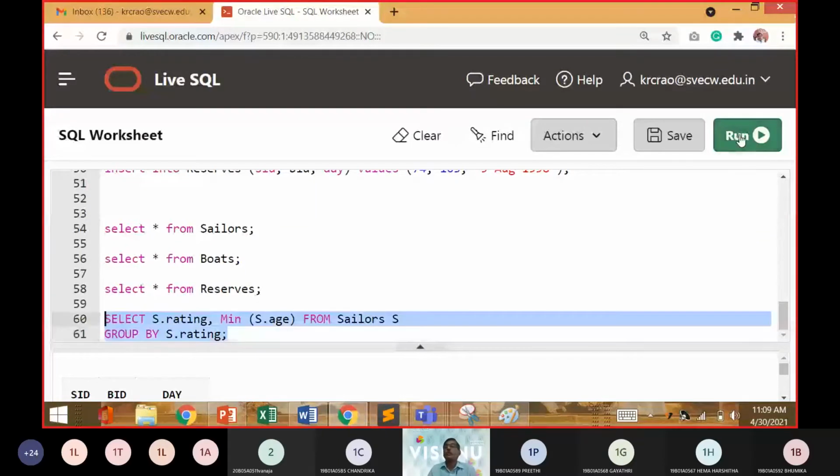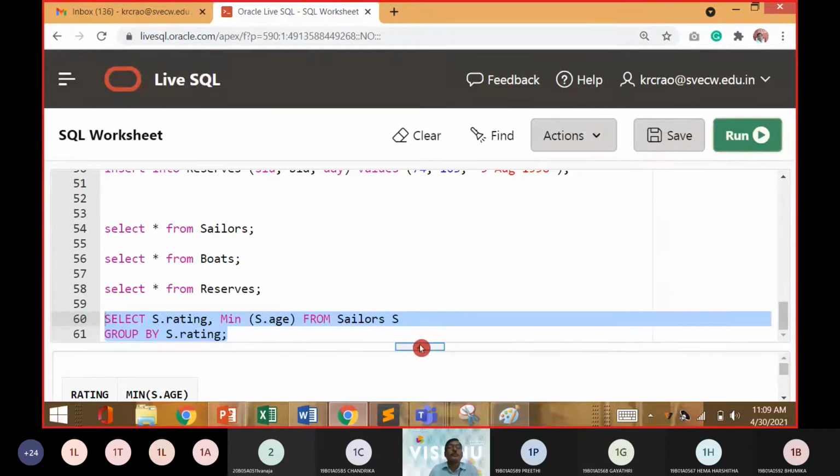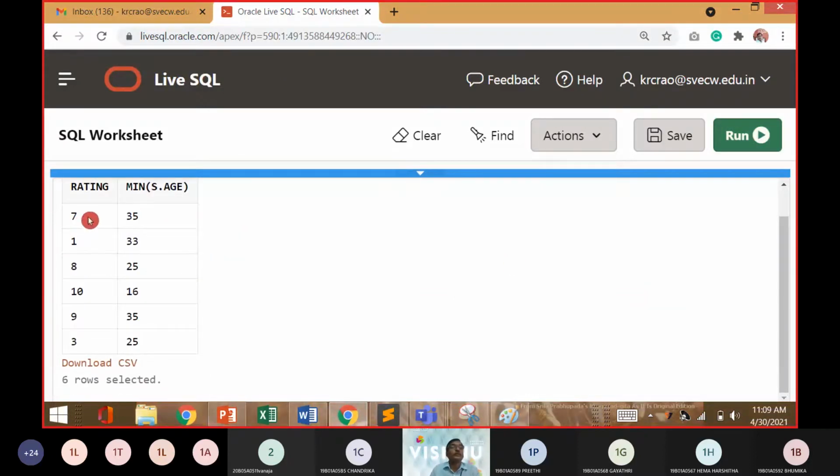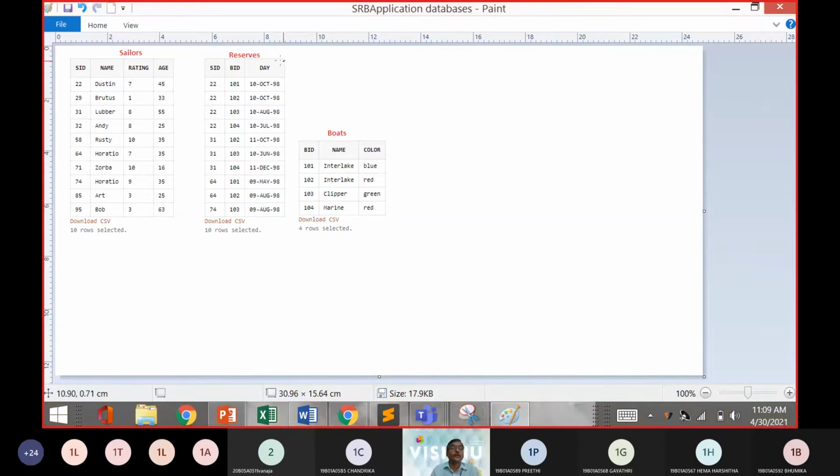I don't know whether it works, so first verify it. We have rating 7, minimum age was 35. Rating 1, minimum age was 33. Rating 8, minimum age was 25. Rating 10, 16. 9, 35 and 3, 25. Just verify it. When we need to verify it, we should understand what is